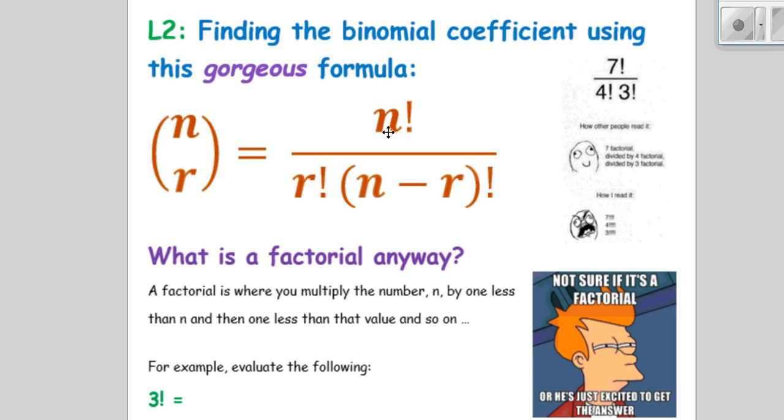Okay, here we go. Lesson 2. We'll just get through a bit of this. Finding the binomial coefficient using this gorgeous formula. By the binomial coefficient, we're kind of meaning the values in Pascal's triangle. Imagine it was the 20th row in Pascal's triangle. You don't want to have to do that